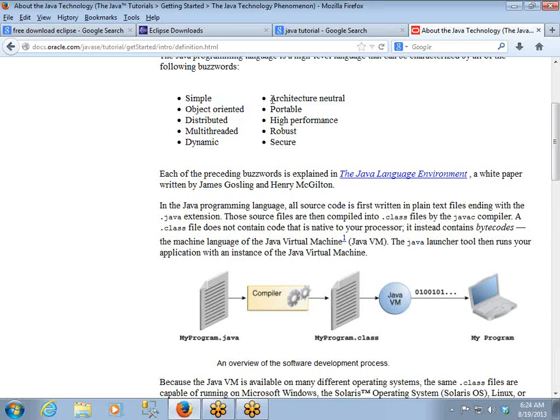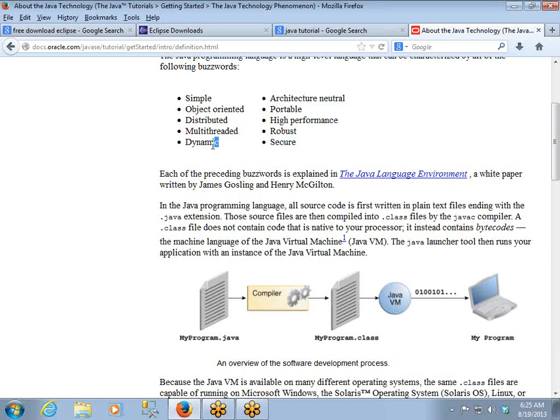So like this we have different features of the Java language, right? We'll see what features, and high performance. Performance wise it is also high. Secure, why is it secure? Because every .class file will be executed under a virtual machine. There is no way of executing Java .class files directly. You must require a virtual machine, and the virtual machine loads all these programs, classes, and tries to execute them. So they are secured.